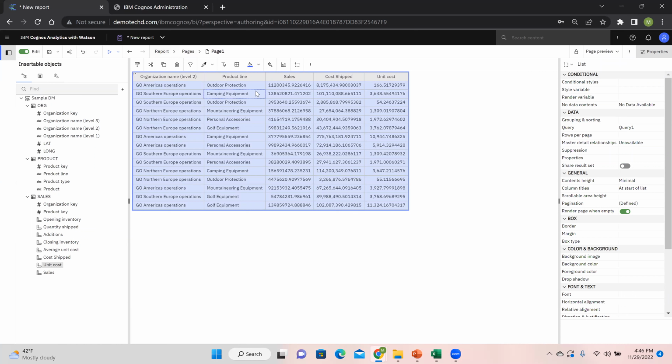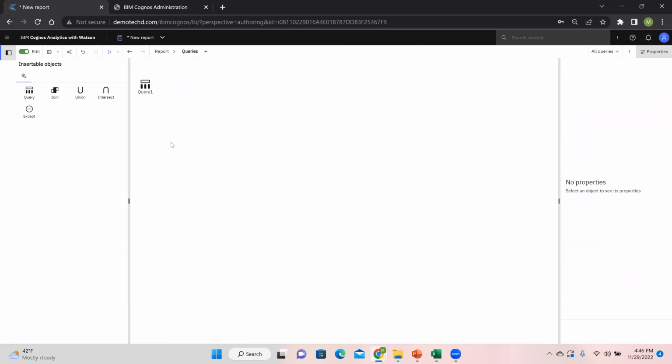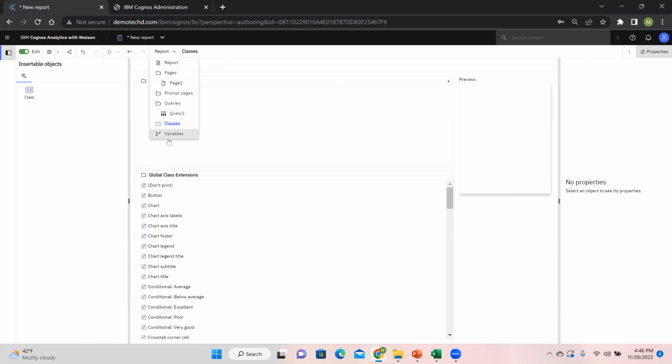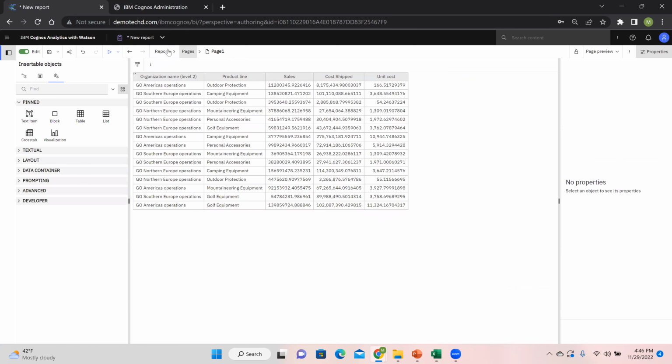They've changed the top here a lot too. So right now I'm looking at the page. Right before, you had to go find out where all this stuff was, it was just a little bit of a challenge. Now it's actually really simple. If I want to look at all my pages, no big deal. If I want to look at whatever is in my report, I go up one more level, and now I can look at my pages, my prompt pages, my queries, and it'll show me exactly what that is. Report's always here. So I go to my classes, I go to my different variables if I have them. If I want different render variables, I can do all that stuff here. And it makes life